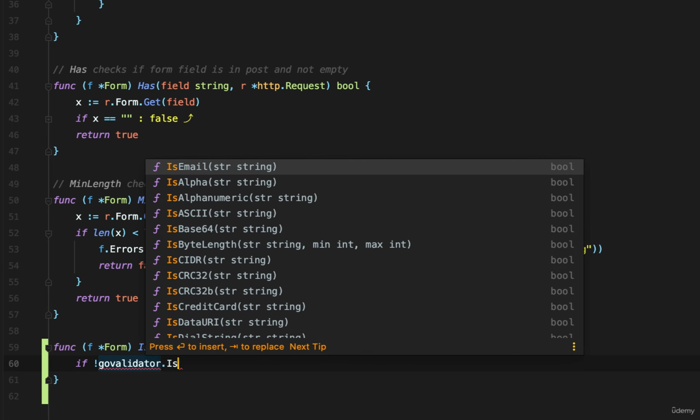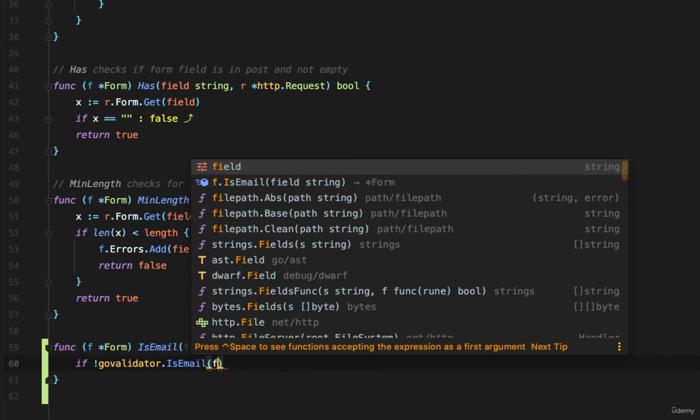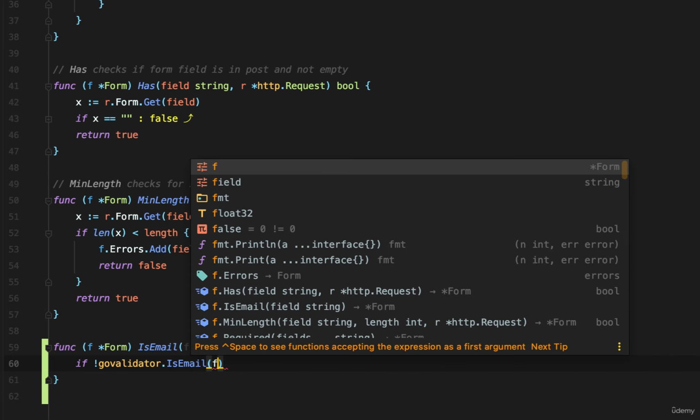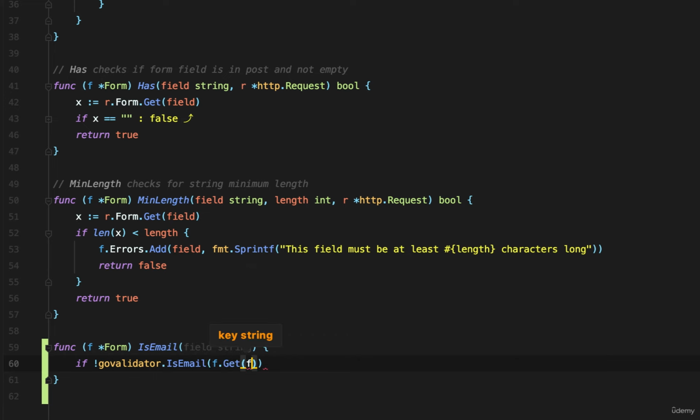I just want to check IsEmail and pass it, sorry, not the field, pass it the form object, the pointer that we have at the form object, get the function on that, and the field is field. So that will get whatever the user typed into whatever field name we've passed here. We called ours email in our form, so we'll go to the form post, look for the entry labeled email, and get the value. And if that, of course, fails that check,